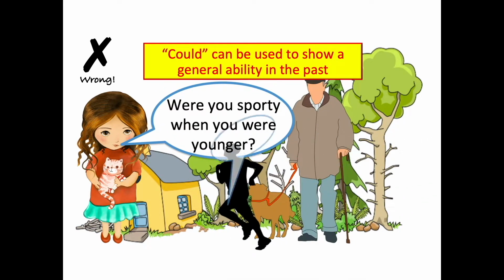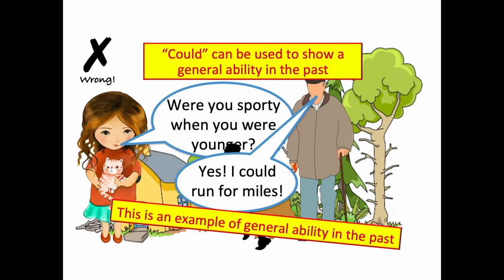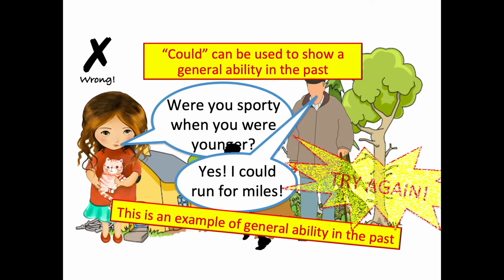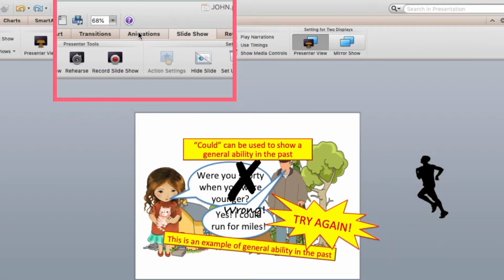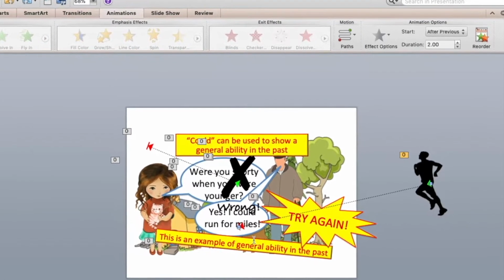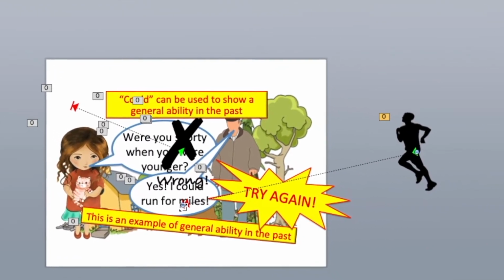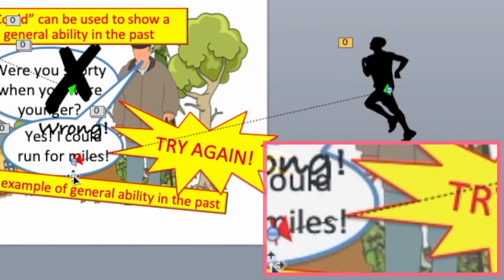Okay. Yeah, there are 1 or 2 things I'd like to adjust there. So, first thing I'm going to do is click on Animations, which brings up the little dotted line showing where that silhouette moves, and I'm going to make it move into a slightly different place. It's a little bit tricky, a bit fiddly, so I've made an inset there so that you can see it in a bit more detail.